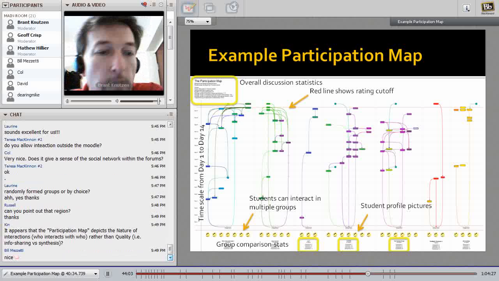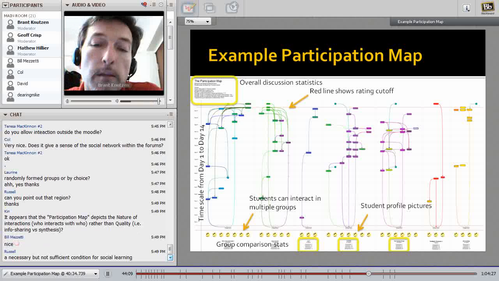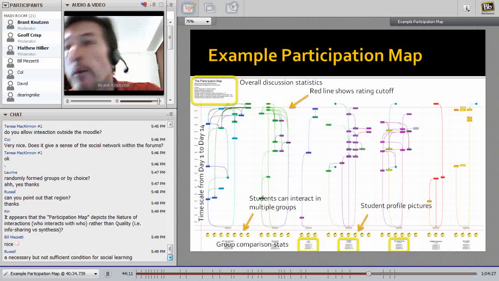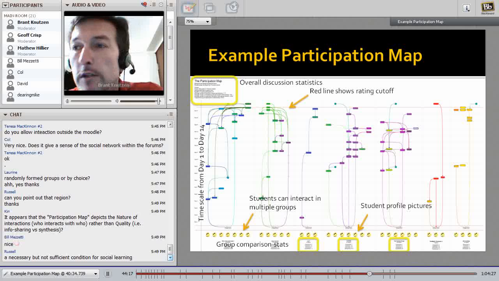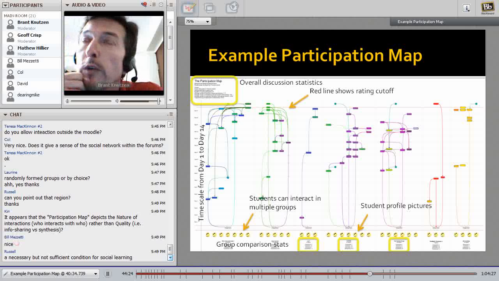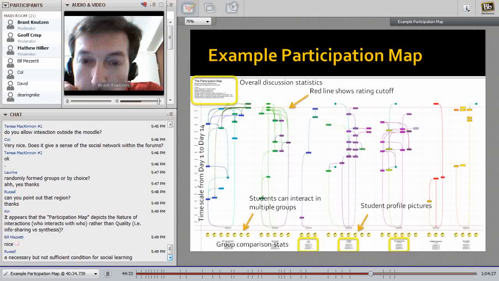Yes, it's strictly about who interacts with who. At this level, I cannot see the content of the post. That's where you're actually looking into the post. So with your presence, you're in the post reading. I use read tracking in Moodle, so I can see which discussions are active and which discussions I need to keep up with. And when people post, saying I wonder what we're supposed to do here, if you can reply within a day or so, then they know that you're watching and that you care. And so that shows the students that you're involved and